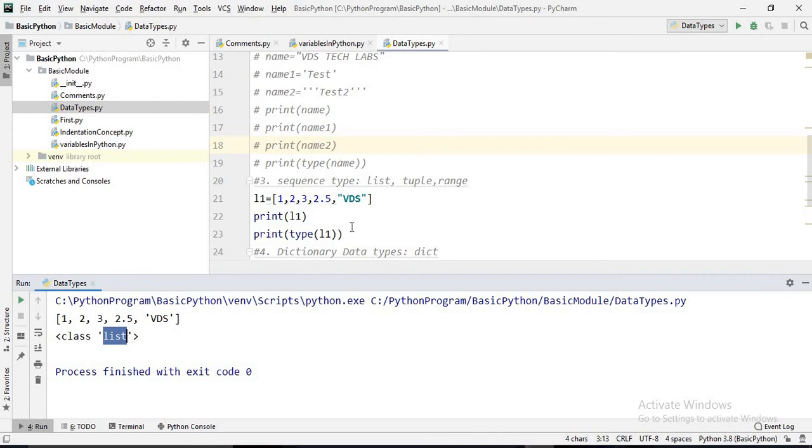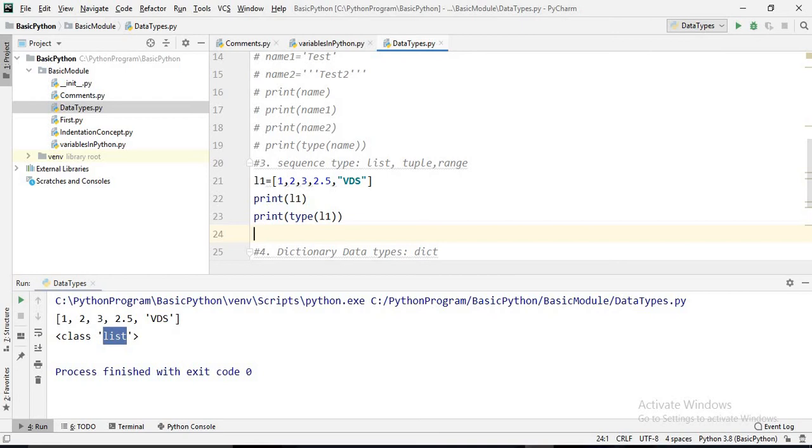Again, if we define the tuple, let's put t1 equals, and for a tuple we will use small brackets. In small brackets we can define the same or different values: 8, 9, 10, and let's suppose this time we'll use a string.